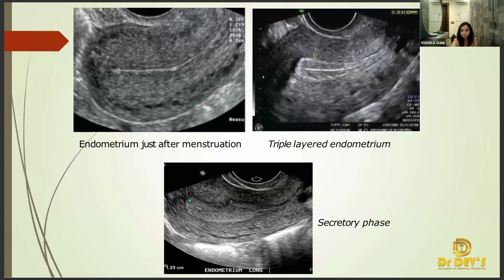This kind of endometrium, and if we do not take the size of the endometrium, we are making a big mistake, because this kind of endometrium may be normal for a 34-year-old lady in secretory phase, but abnormal for a perimenopausal, not menopausal, perimenopausal. So that is the importance of knowing the endometrial thickness and its appearance.